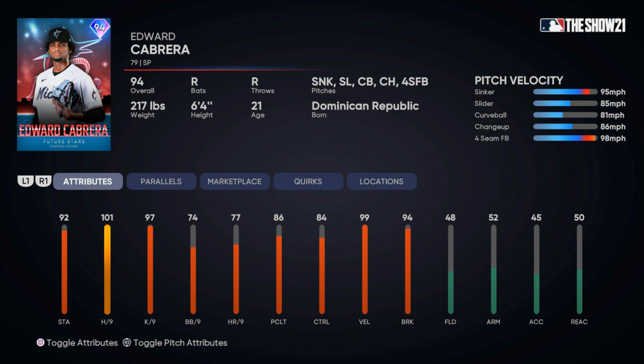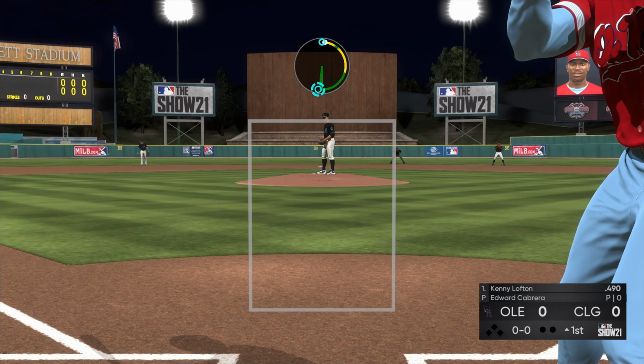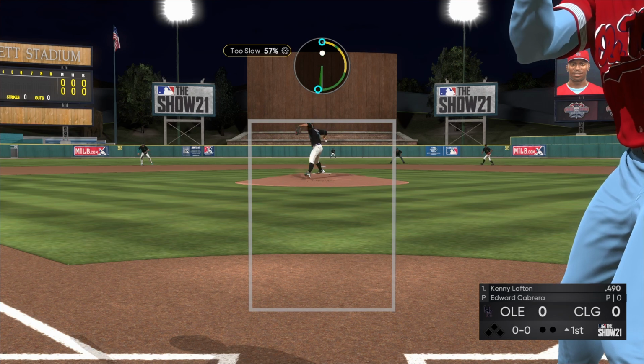We will have Edward Cabrera on the mound. This card has outlier on his sinker. I'm just not sure how much it's going to move, right? I had him ranked in the top 16 players. He was ranked at number 16 within these Team Affinities, and that's just because I value pitchers a little bit differently. I think that this pitcher is definitely top 4 pitchers within the program, but really it just comes down